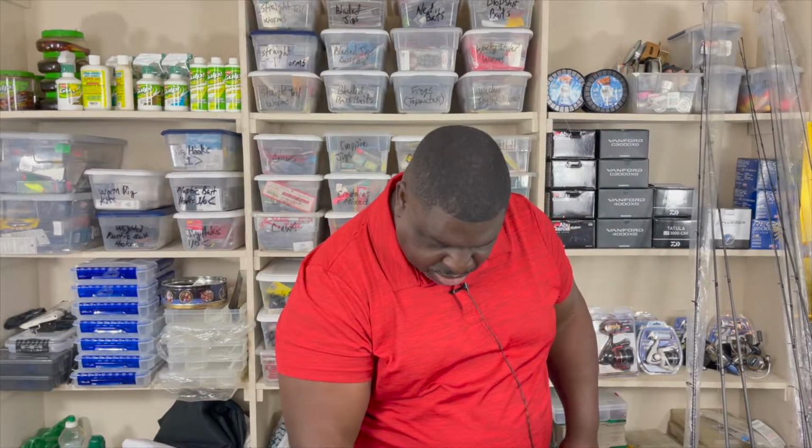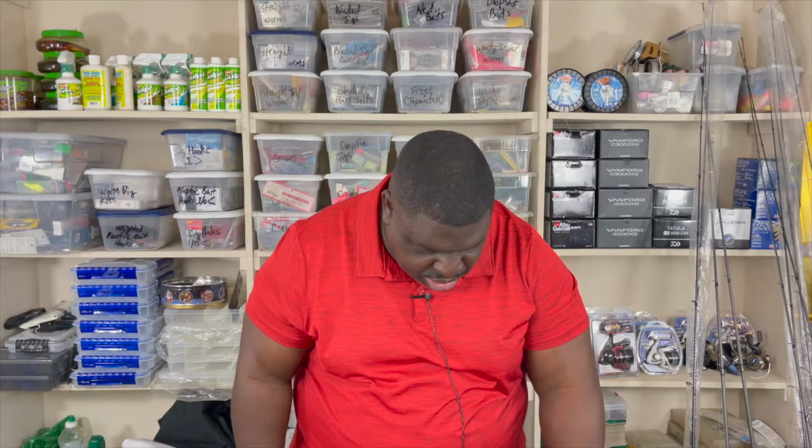This is what a size 4 hook would look like in 1/16 ounce. But like I said, I'm sorry, this is not a size 4. This is a size 2. This is a size 2, not size 4, size 2. I personally believe that Eagle Claw is the most accurate because from company to company, a size 2